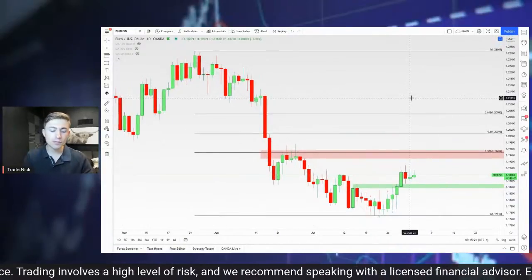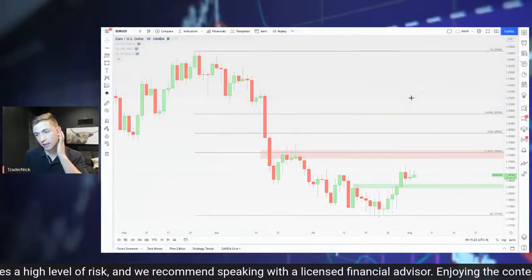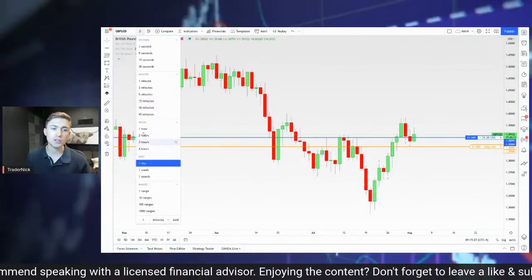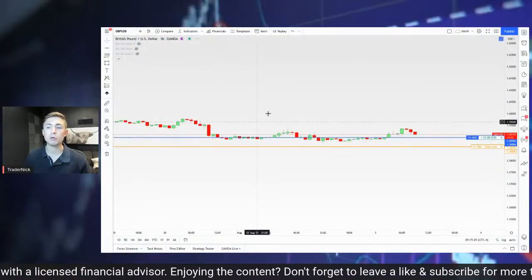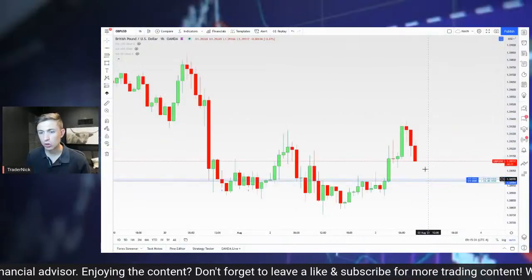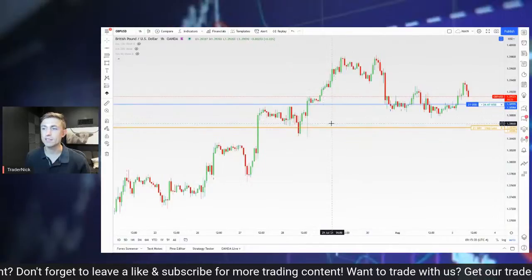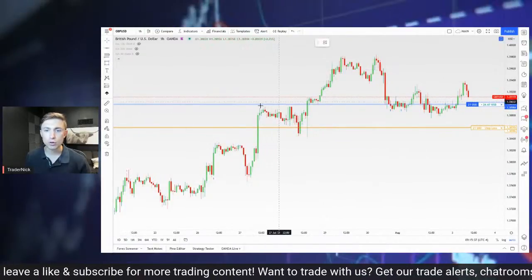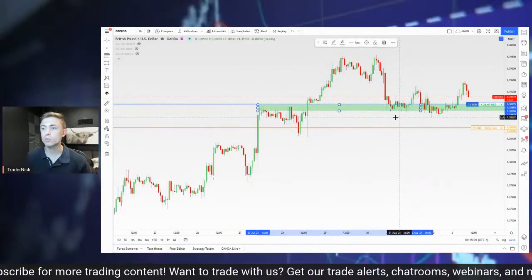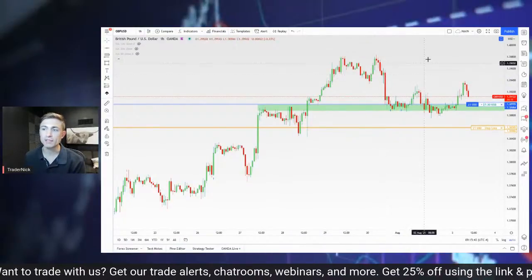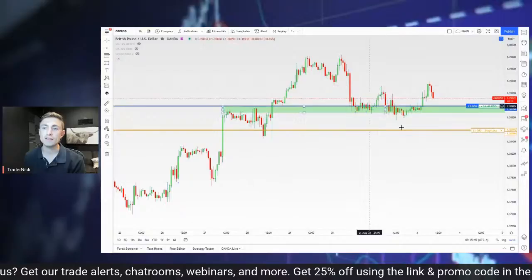Okay. Next up is going to be GBP USD. Now, pound dollar, I do have a position on, a very small position, but a position nonetheless. We'll take a look at this on the hourly. So I did take a long position here on the pound after price retested this zone. Sent this out to traders inside of our Discord. So we'll see if this one wants to hold. I do still have my trade on here, and my stop loss is still pending down there.